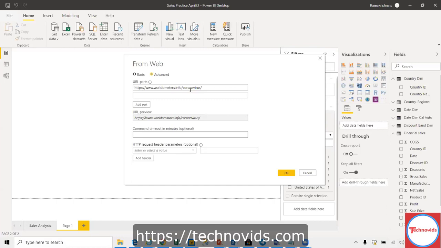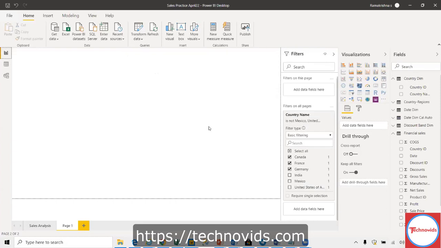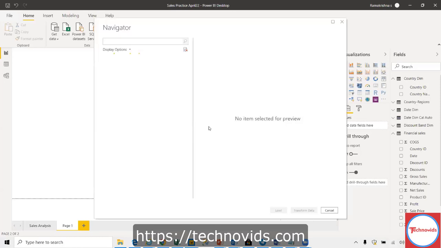Once you say okay, most of the time it will ask whether you have a username and password to access this site, for example Facebook or Google. In this case, it's a public website, so mostly it's an anonymous user. No login is required.